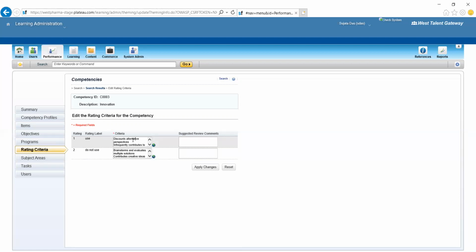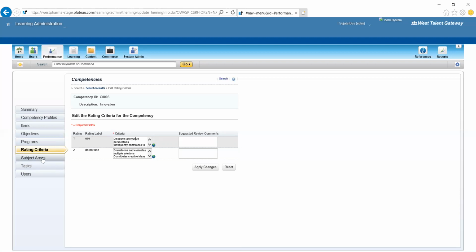Whenever there is a competency gap, the user or the admin can mention that. If it is a 5, then these are the criteria and this is the comment section that you can maintain in the rating criteria. How to create a rating scale and all, I'll be coming to later. So this is the point where you can see the rating and rating level.